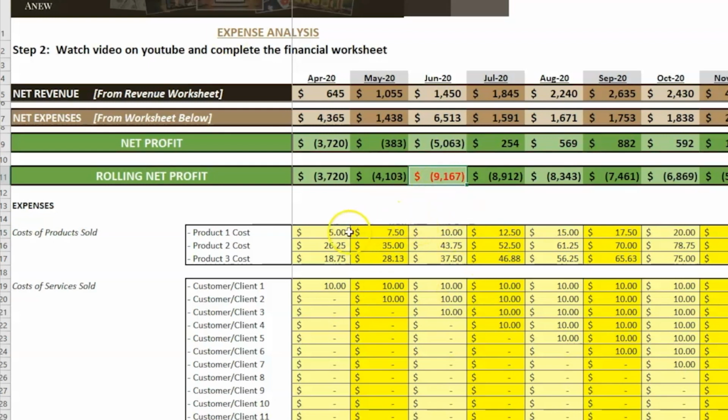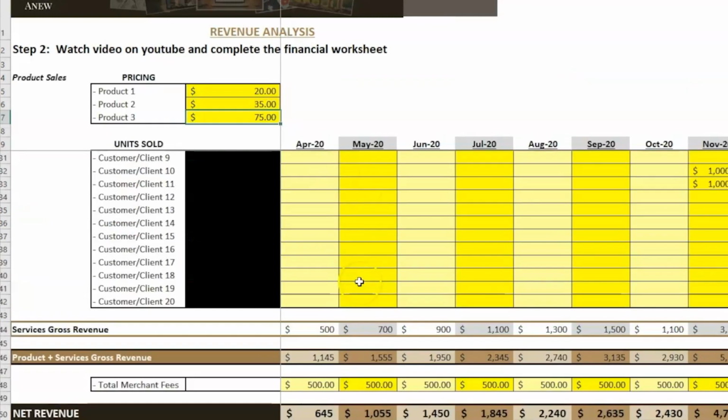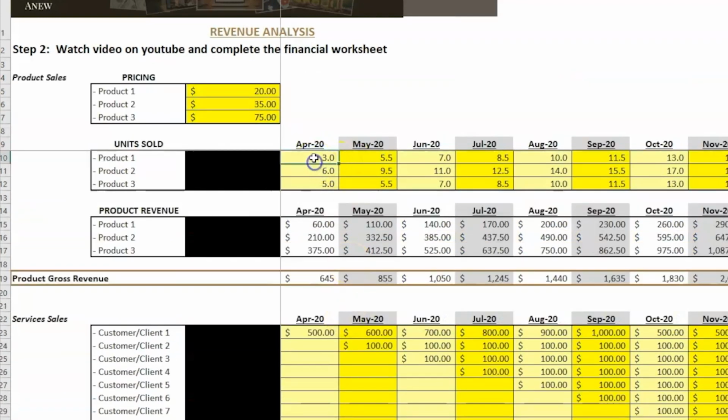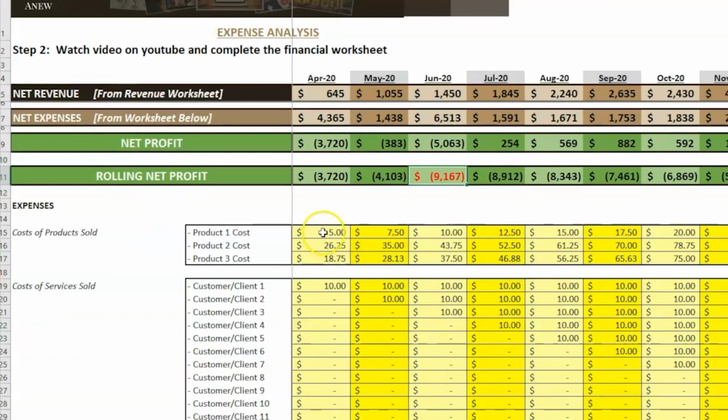So let's just say, for instance, that in this month, the very first month, you sold 3 units of product number one, all right? And so here we have that all that cost us was $5. But what if you just said, well, I think I'm going to stock up, and it's going to be $7,500, okay? Look at what that number just did, because you just stocked up. You better hope you can sell that,